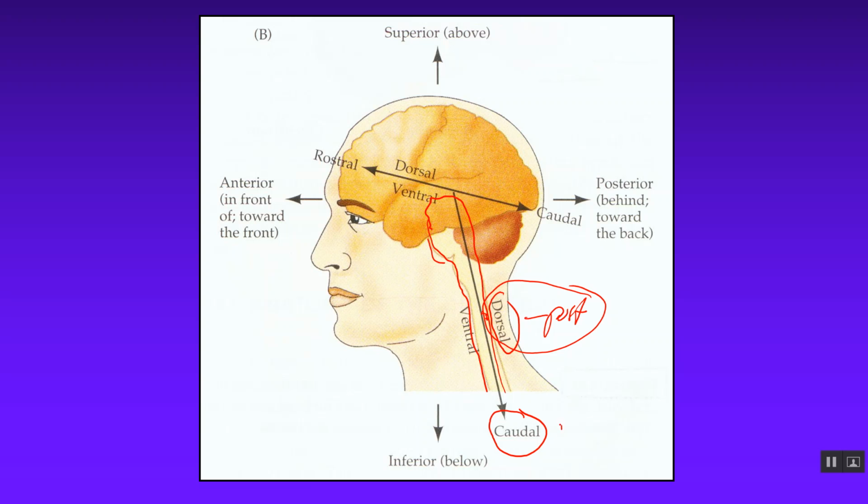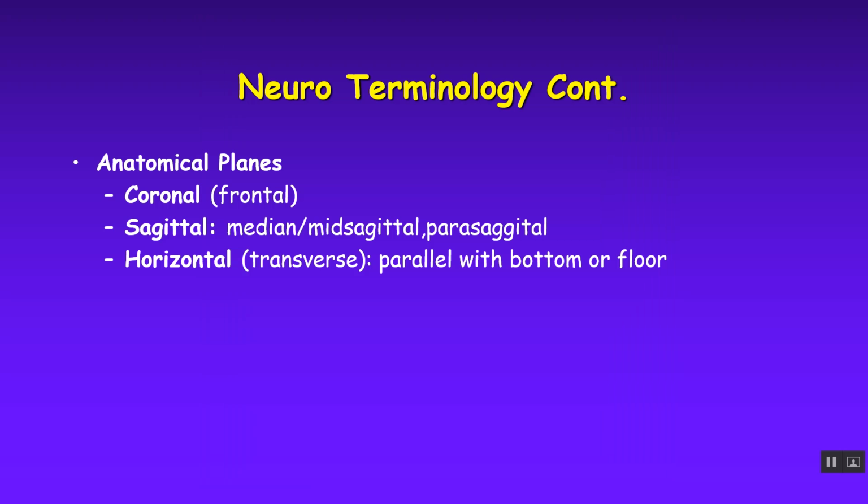Caudal and inferior are synonymous with each other in the brainstem and spinal cord, okay? Caudal is towards the tail, and inferior. Ventral,